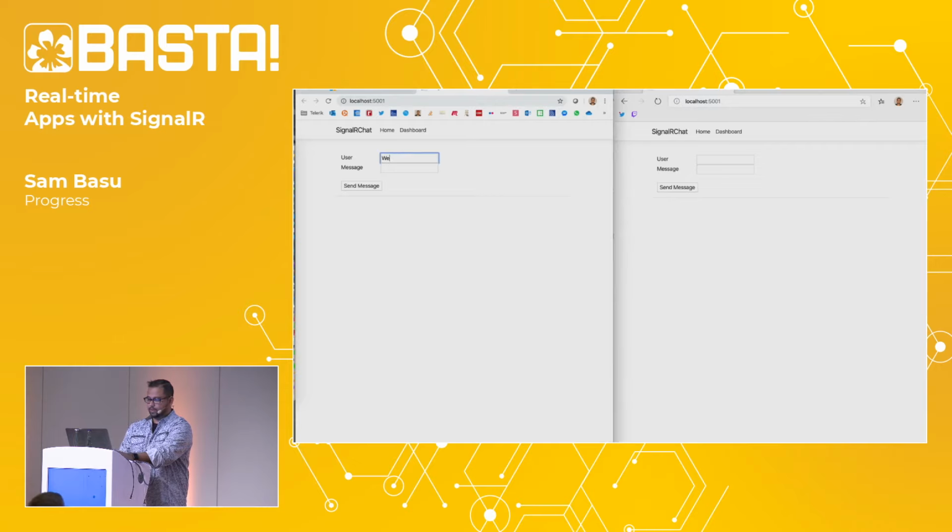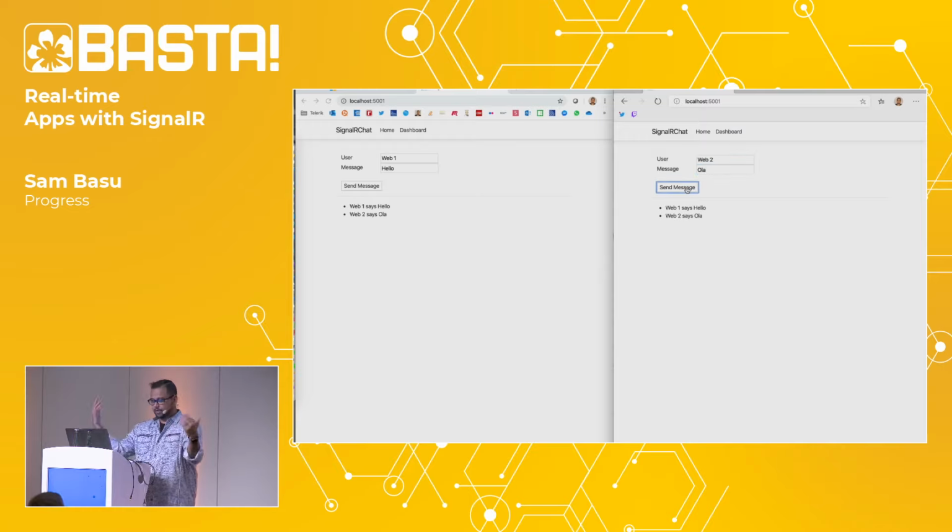So I can say web1 says hello. When I do a send, it shows up right here. And we can have web2 say hola, and it shows up right there. So it's real time, right? So the reason this is working is both of these two clients are connected up to the same hub. And if I go look at the code again,